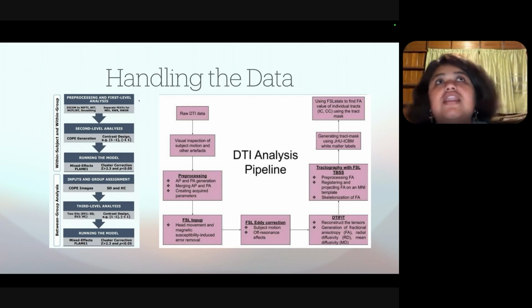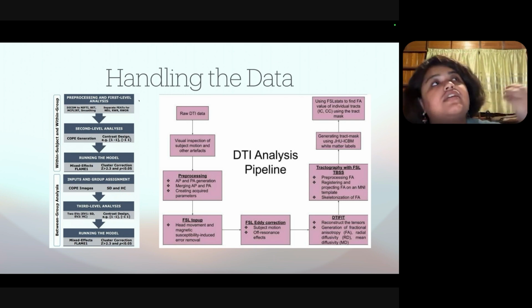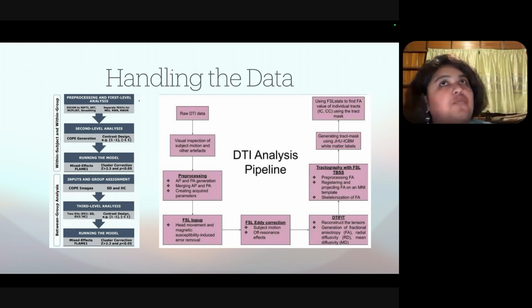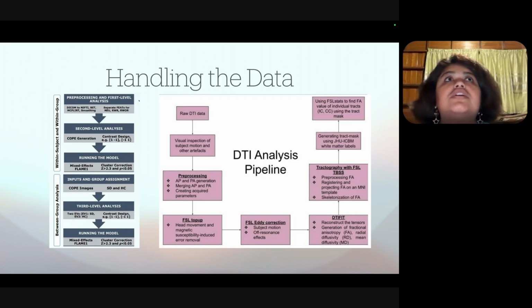Then there is a second level analysis, which is between-group analysis, where we are comparing the subclinically depressed individuals and the healthy individuals. Here again, we create the contrast. We can compare the healthy individuals with the subclinically depressed people, or the subclinically depressed people with the healthy individuals. Here again, we do a cluster correction where we only take the regions which have a p-value less than 0.05 to maintain statistical significance. So these give us images which show what regions are different for risk and reward, and also what regions are different between subclinically depressed people and healthy individuals.